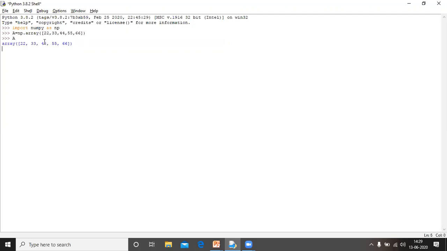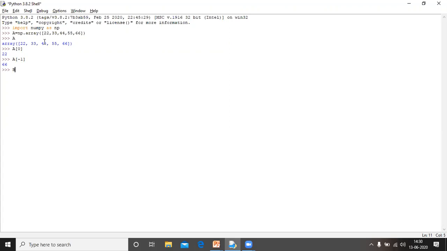This one is the array. Now if I write A[0], it will display and return the first element, which is 22. If I write -1, it means the last element, which is 66.